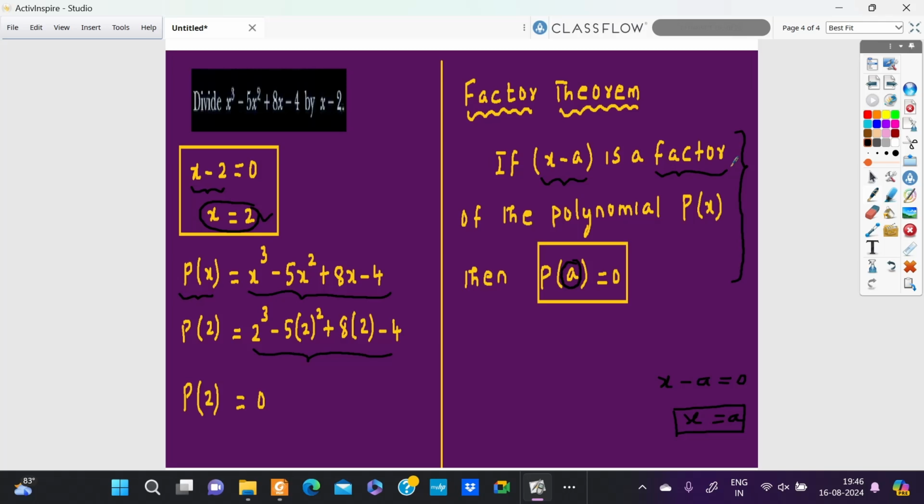Let's say x minus a is a factor. I could even call it a linear factor. If x minus a is a linear factor of the polynomial p of x, then p of a is equal to 0. So I hope you understood this explanation,